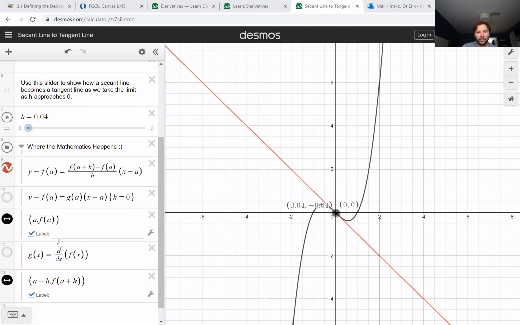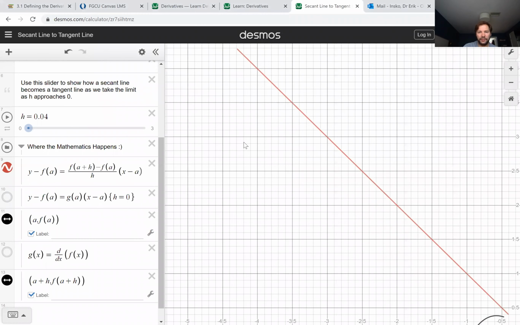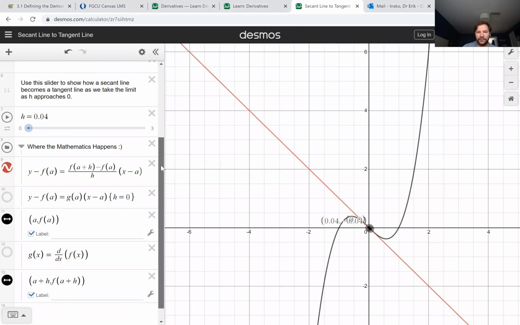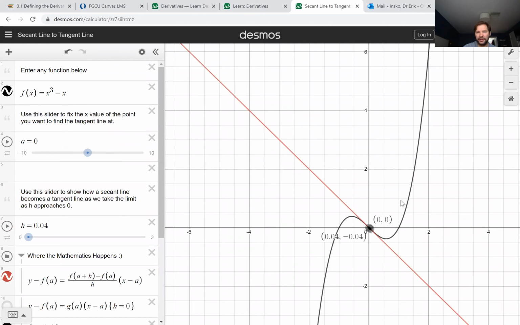Okay, so in this video, I want to do a quick demonstration of the idea behind the definition of the derivative. So let's say that we have a function like this black curve here, which is y equals x cubed minus x. And let's say we want to find the derivative or the slope of the tangent line at the point 0,